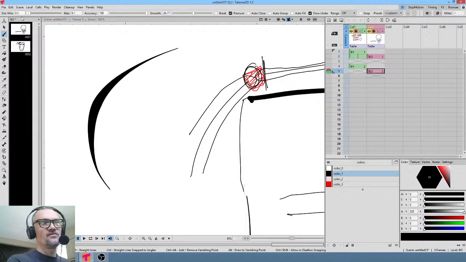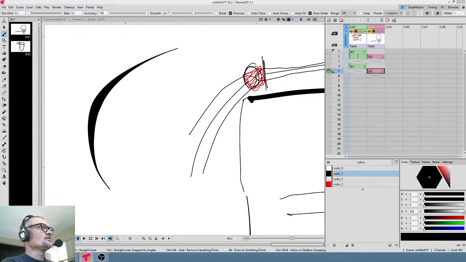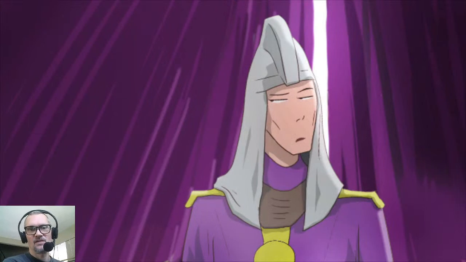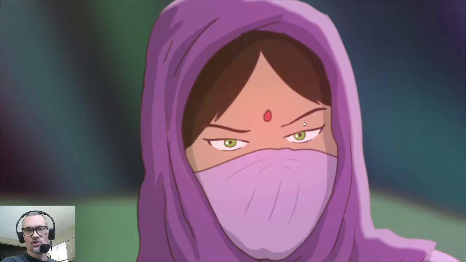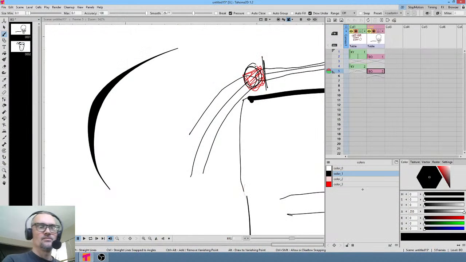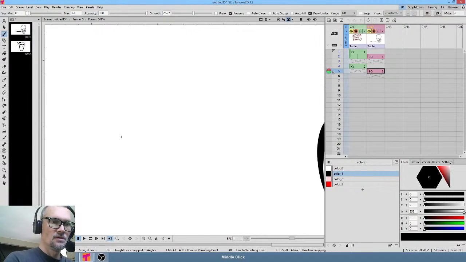But the good news would be, for me in my workflow, if you look at this, I'm following kind of an anime aesthetic. The reality is almost all of my ink lines at the end of the day are actually about the same size. I'm not using tons of variability in the thickness of my ink lines. Now here it looks like I did, but I really didn't, because this is actually a shape that's filled. So the only area where you would have what I'm talking about would be